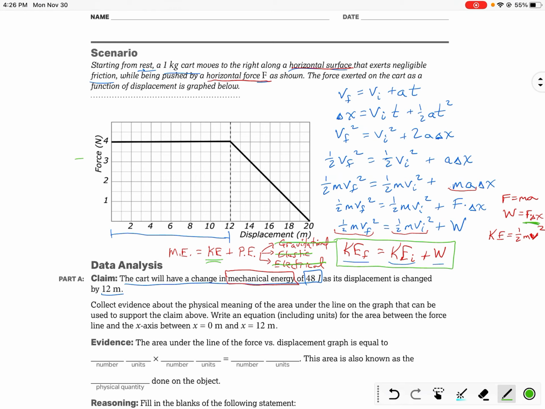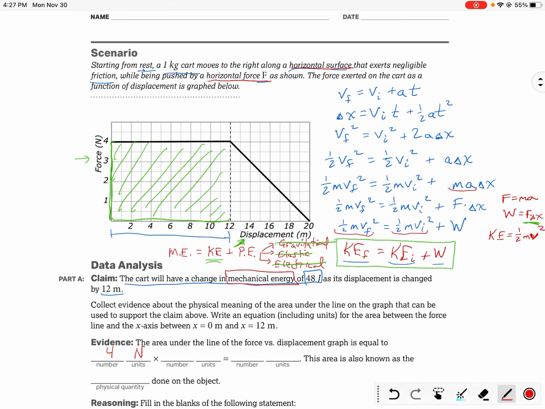Well, here's our force, and here's our displacement. So maybe we can just use this graph simply to multiply the two together. Notice that along this axis I have the force, and along this axis I have the displacement. If I want to multiply those two together, essentially what you're doing is calculating the area of this rectangle, or the area under the curve, and in this case that would amount to simply a force of 4